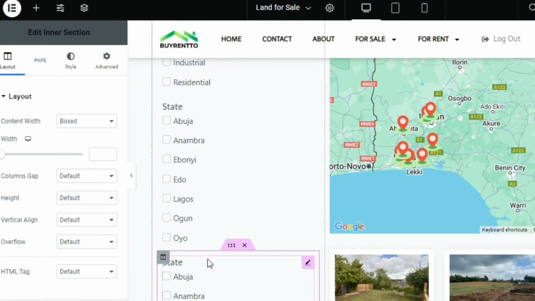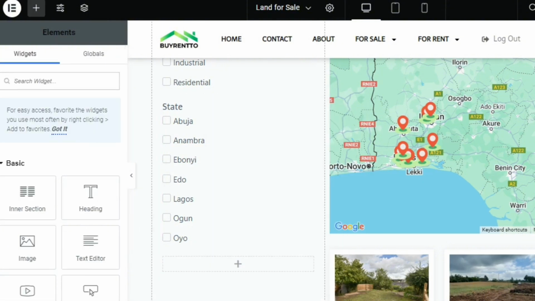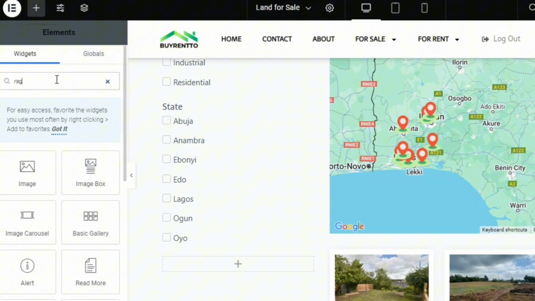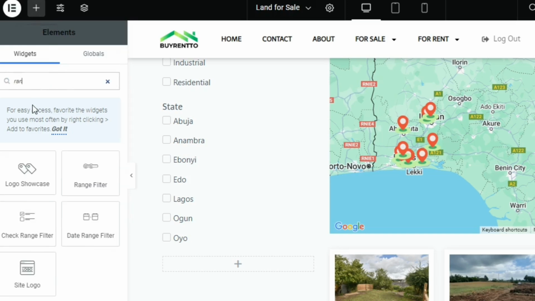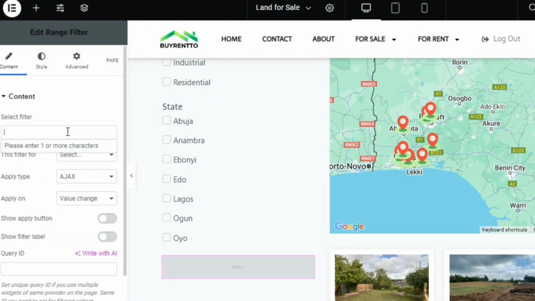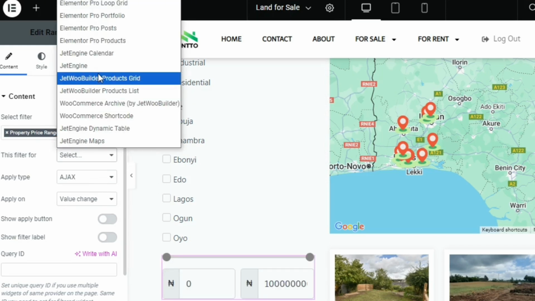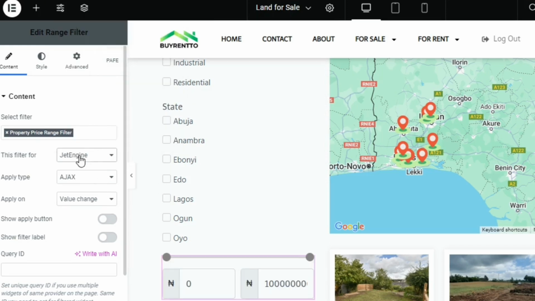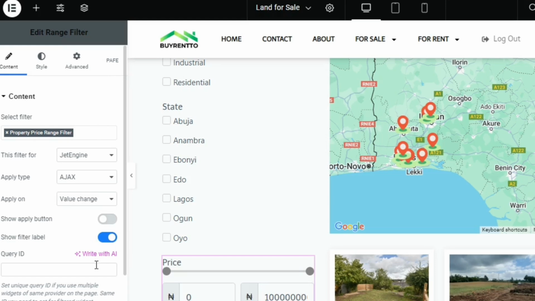So I'm going to delete this and look for the range filter. I created a range filter for the price. So I'm going to bring in JetEngine as the filter for this listing grid. I'm going to show filter label, paste the query ID,